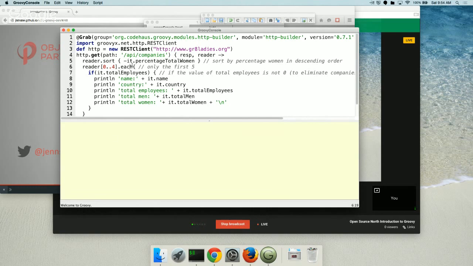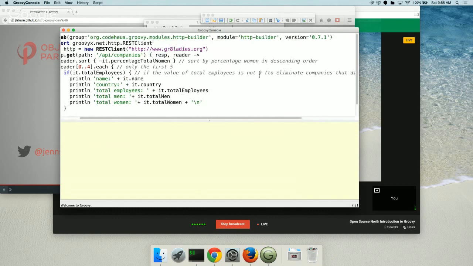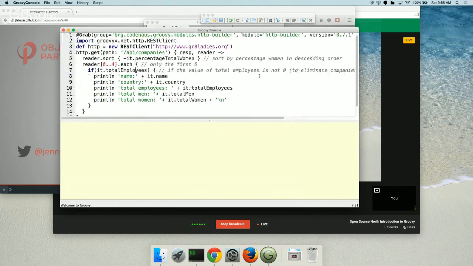So we take this closure, I'd probably put a space in there. So here's where that 0 comes into play. If it employs and the number is 0. So if they aren't reporting, it's going to return 0 because that's the way I manipulated it, so we didn't get nulls. But if the value is 0, I don't want to include them in my printout. So I just do an if, and it'll exclude them. Otherwise, I want some basic data information here.